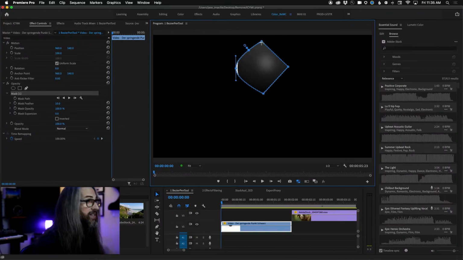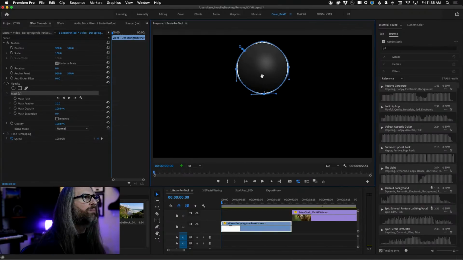All right, so we're going to do this, as you can imagine, to all 4 points here real quickly and get a circle that right away is already sort of more on point, for lack of a better word, than the previous ellipse that we were using before. All right, real simple, real easy. Again, you've got all your handles, all your controls.